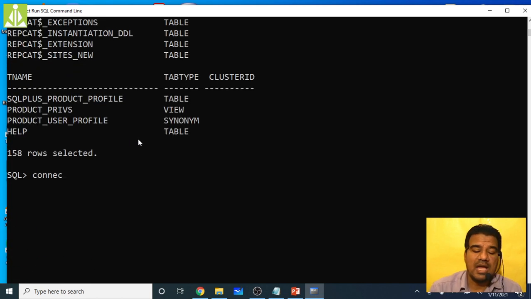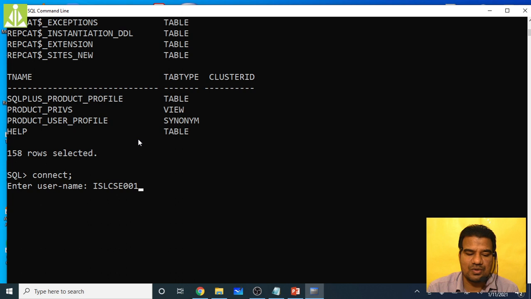Now I'm connecting to my own user-defined user. It asks me to enter the username, that is ISL CSC 001, and the password is the same, ISL CSC 001. When I type the password, it will not be shown. Simply hit the enter key. Now I'm connected to ISL CSC 001.